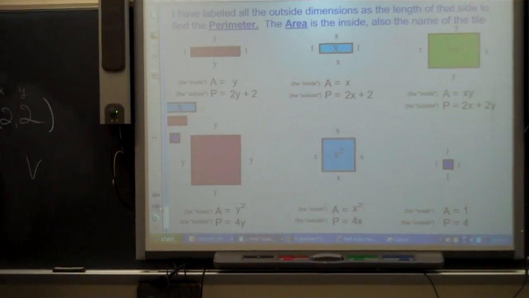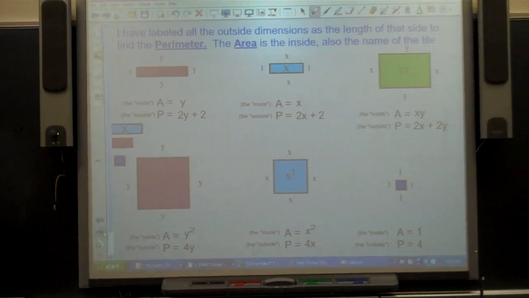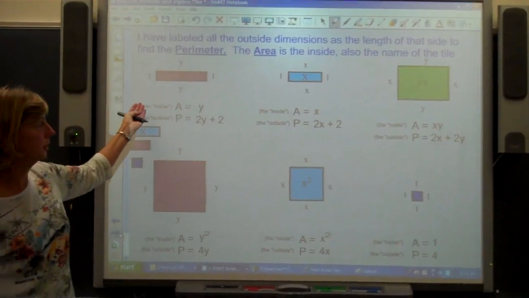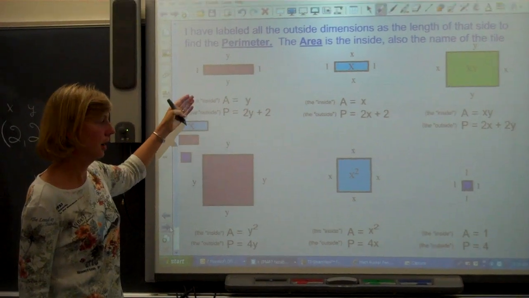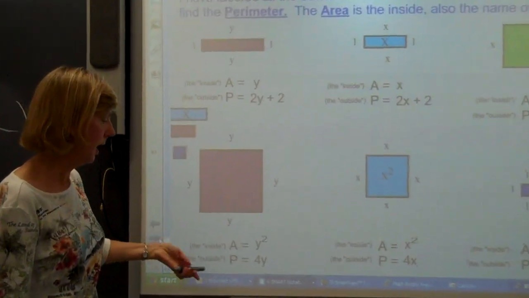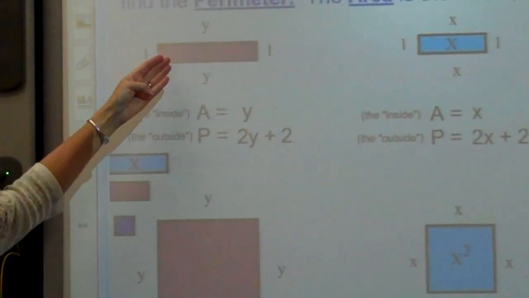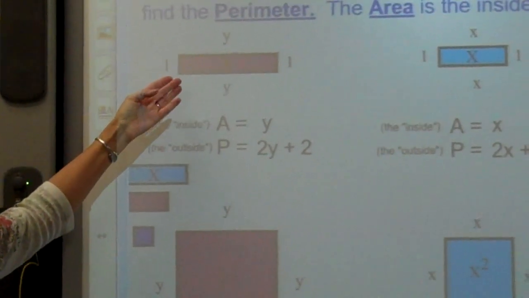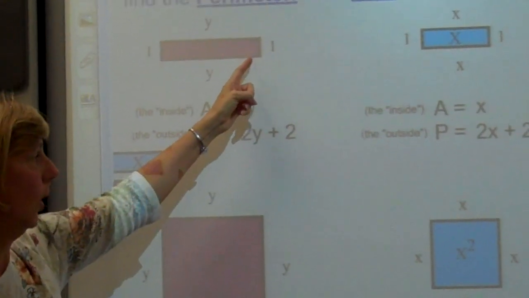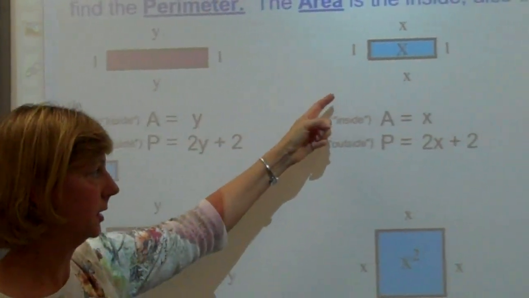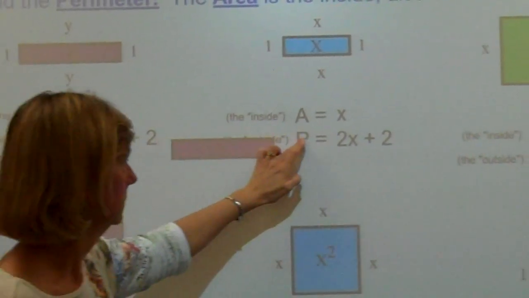Okay? So we need to talk about what are the dimensions. How do I measure with algebra tiles? I've gone ahead and labeled all the dimensions and talked about the area and the perimeter of the individual tiles. And let me just give you a quick idea of how we get that. The Y tile is named as Y, and we say that it is Y long by 1 wide. As is the X. What happens with the XY tile is